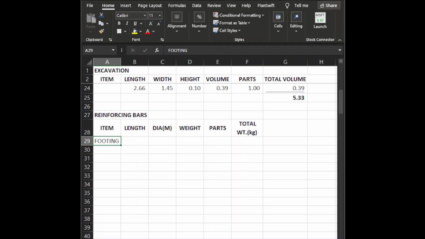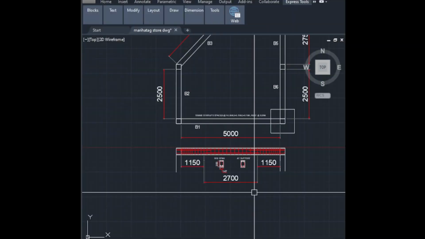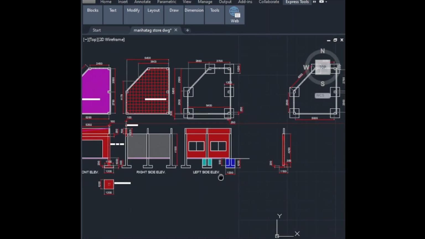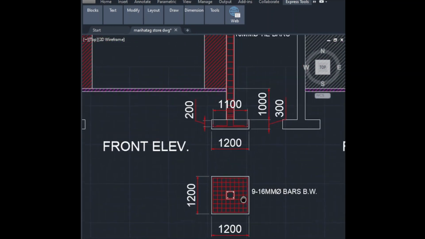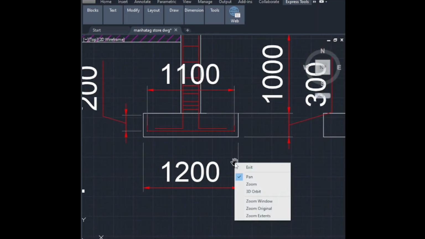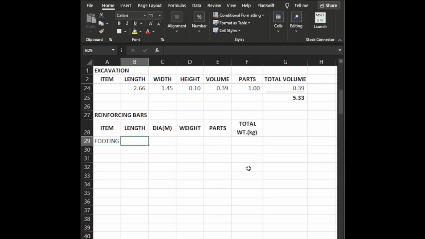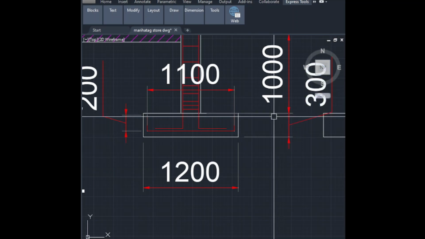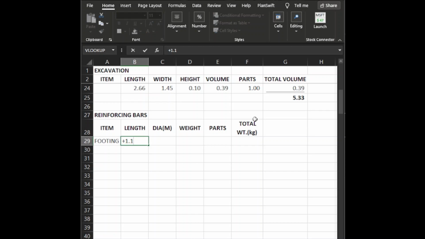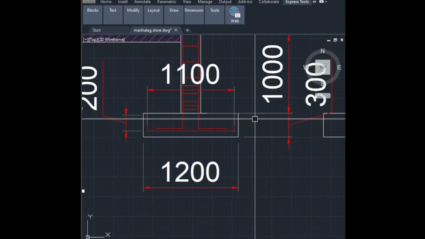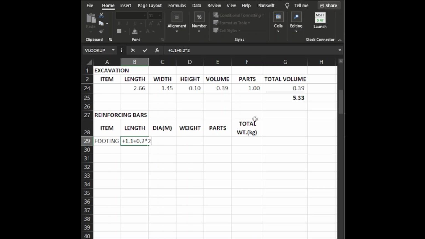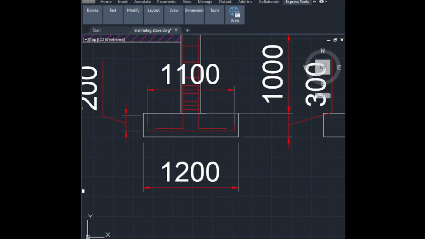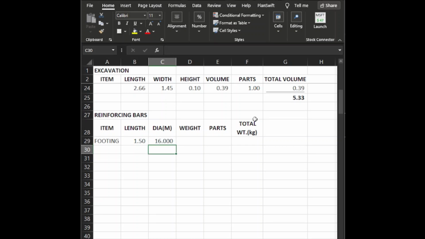For the footing, we will check our AutoCAD files again for our reference. So this is our footing. We have 1.2, 1.1, then plus 0.2 at the side times 2. So the diameter, we will put 16 mm,